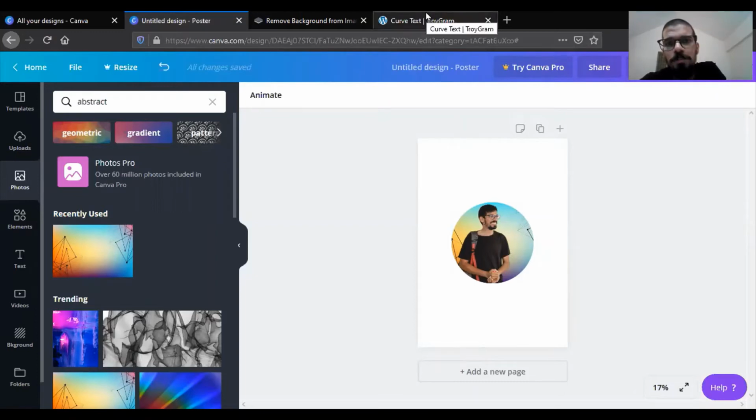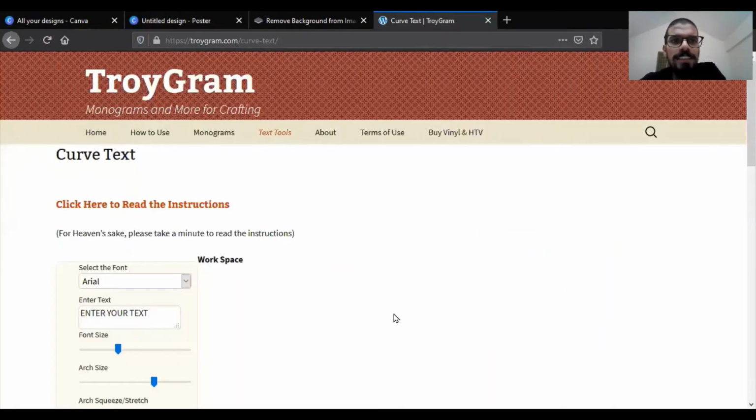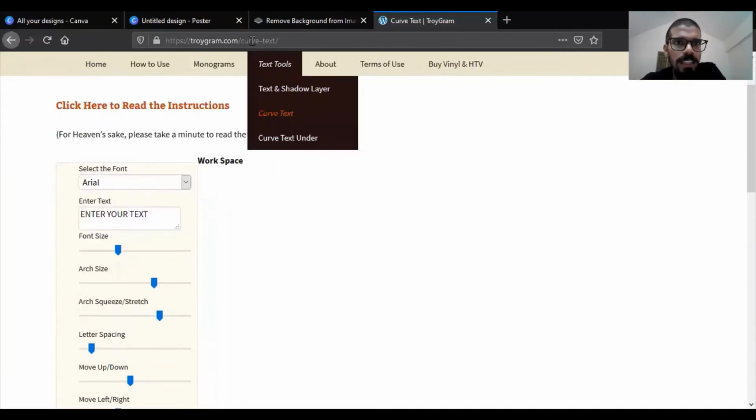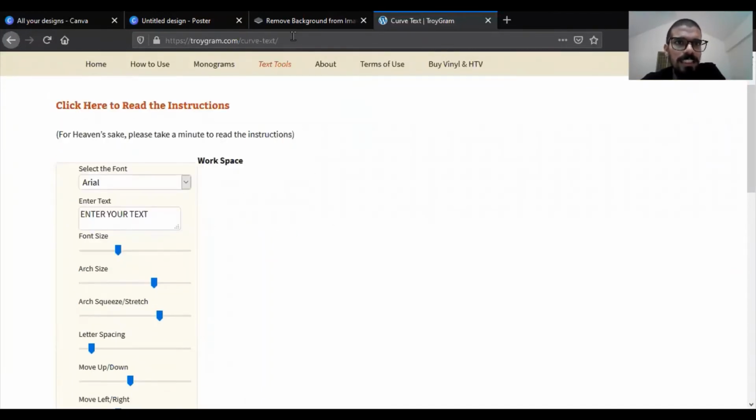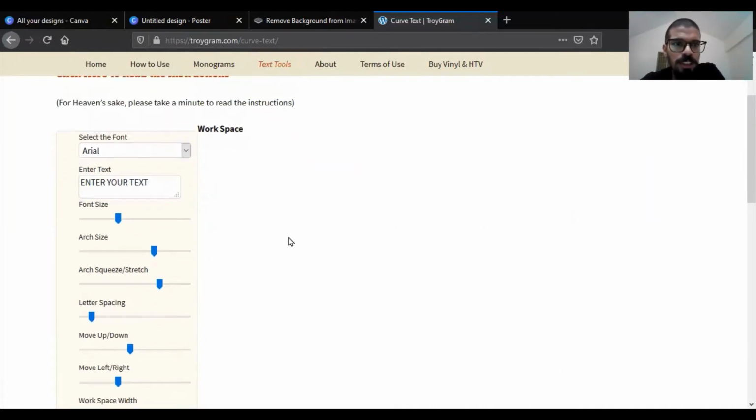The second thing that I'm going to show you today is how to curve text. If you go to this website called troygram.com slash curve-text, you will be able to change the curvature of the text. So for example, you have the option over here.